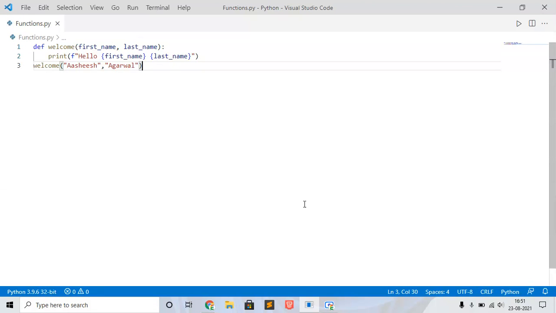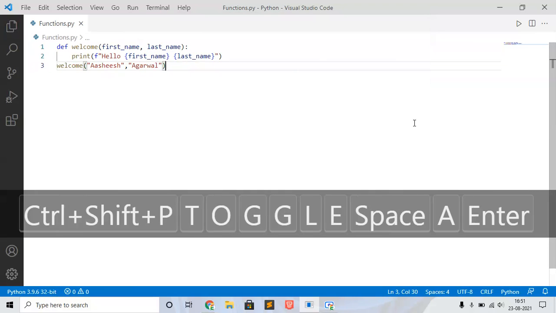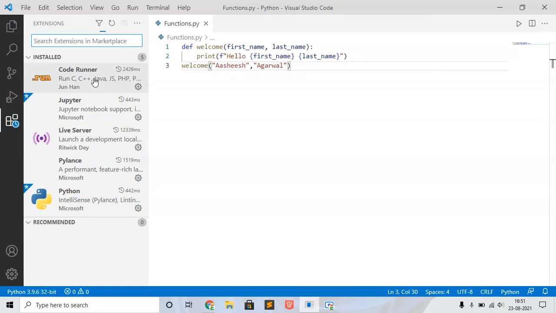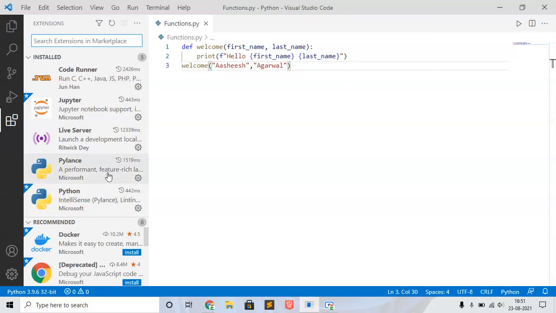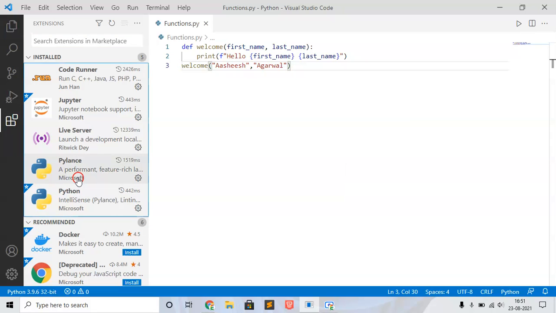If this is the same for you and you cannot run Python on your VS Code, let me show you. First, you must have Python installed. I have Python 3.9.6 32-bit. Second, I will show the activity bar, and there you can view my installed extensions.